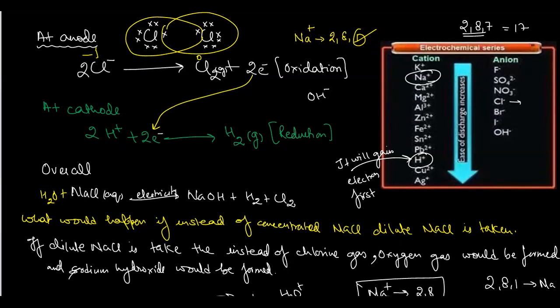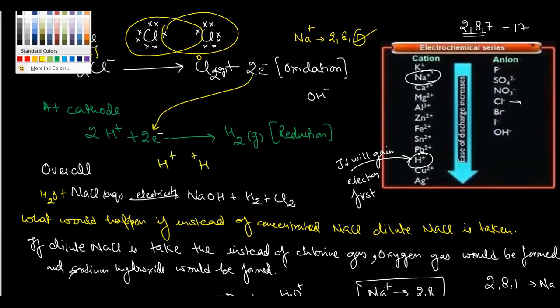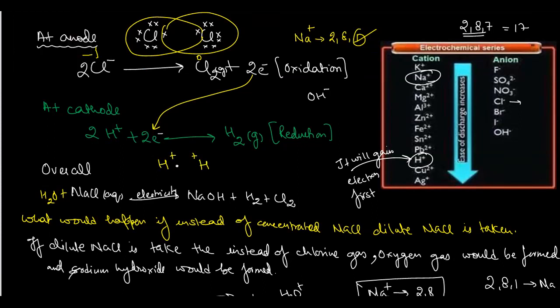So what's the difference between the H plus ions and a hydrogen gas molecule? These are the hydrogen H positive ions without electrons. But when we give electrons to them, let's suppose one electron to this one and one electron to this one, their positive charges will be removed, because after gaining the electron, their charges will get removed, and it will become hydrogen gas, H2 molecule. There are two hydrogen atoms, two electrons for each one. Okay, got it? Or still having some doubt regarding this one? Got it, beta?